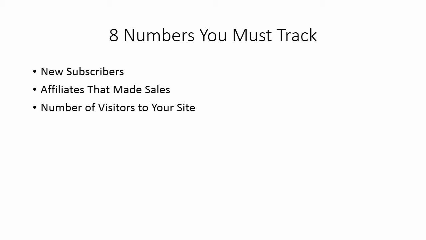Keep track of the number of visitors to your site, in particular your sales page. This is your conversion rate. Now, often what people are going to do, they're going to send people to a bonus page first, but you want to keep track of how well your site is converting. Because if your site's not converting, you need to change the copy. Maybe you need to change something so that your affiliates can make more sales.